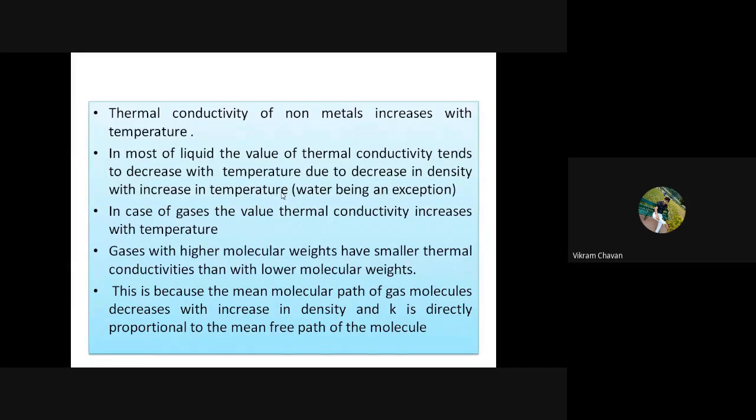In brackets, water being an exception. Bracket complete. Full stop. Next, in case of gases,